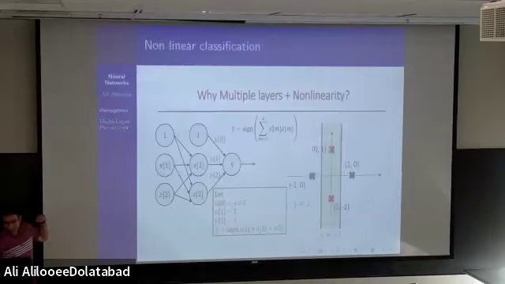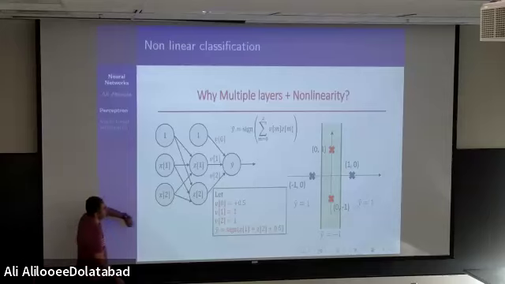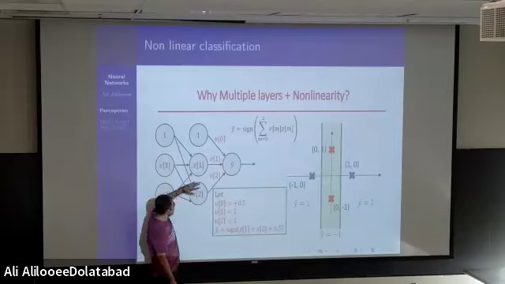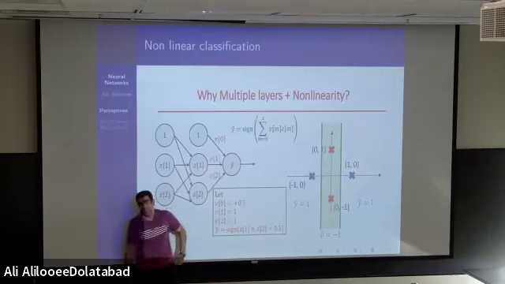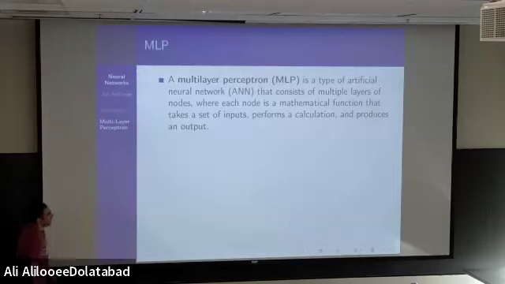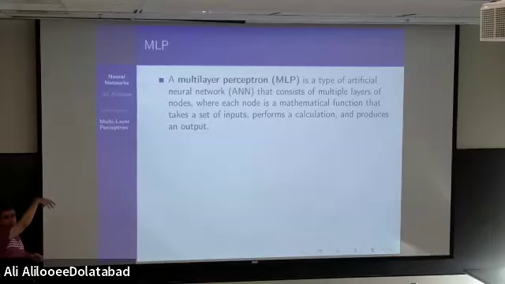Because if we come back to this model here, as you can see, we have just one layer. I'm talking about hidden layer. This is the input layer, this guy is output layer, and here we have just one hidden layer. But what about if we want to have more than one hidden layer? This kind of model is called multi-layer perceptron. It means that you have one perceptron, you can have one layer with more than one perceptron, and now we want to have more than one layer.